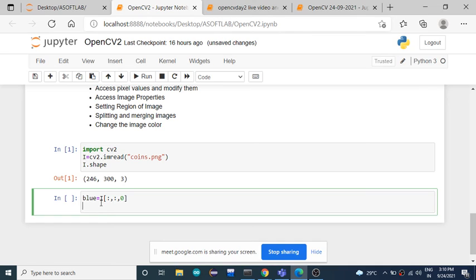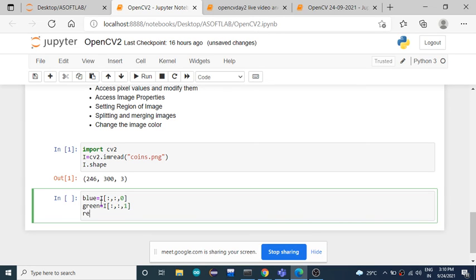If I want to access the green channel, I give image[:, :, 1], all rows and all columns of the second layer. Now tell me, what can be the value of the red channel?